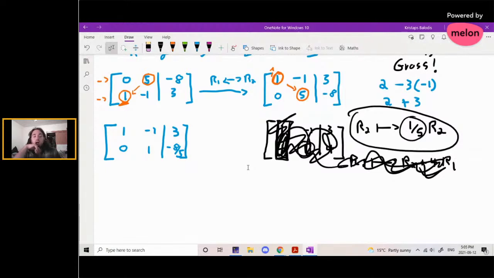Good. All the leading entries have to be to the right of the ones above them. So that hasn't changed, right? We've got our leading entries, and as we go down, they shift to the right. Perfect. And then finally, the last one simply says that all the leading entries have to be equal to 1. And yeah, now we have that. So this matrix is in row echelon form,